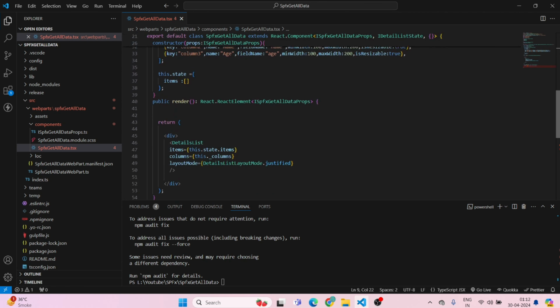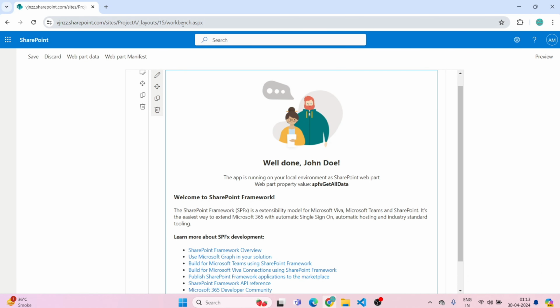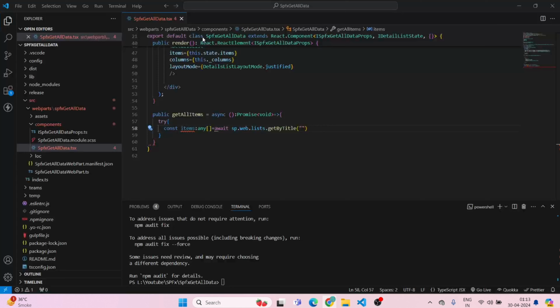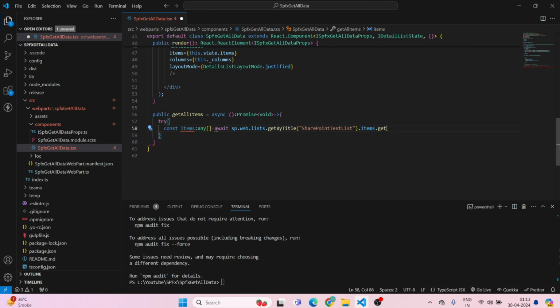We are done with this. We have to scroll down. We have to get the list by title. Here, by title, double quotes, you can go to the SharePoint. This is what our list name is, so copy this, paste it here. dot items dot get